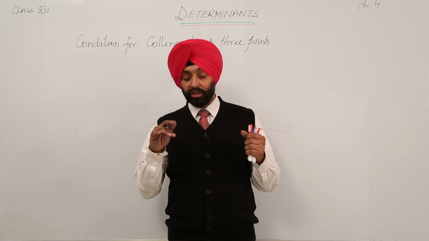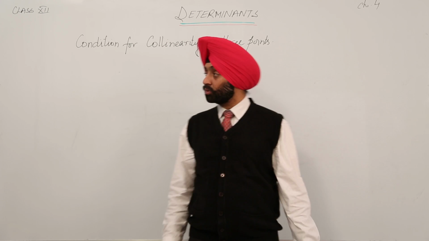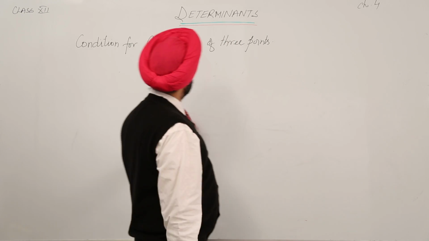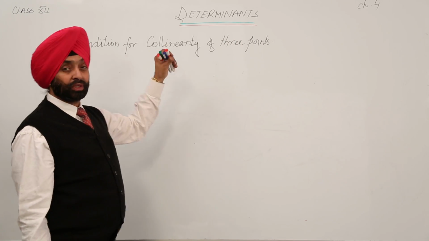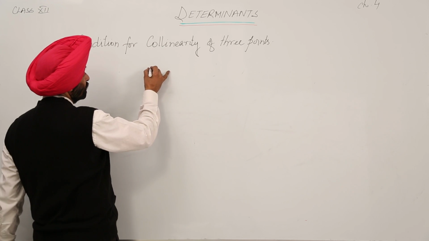Now based on the area of triangle, what other results are we having? Okay, now one thing is the condition for collinearity of 3 points. You are already aware of this. Okay, 3 points, we are having 3 points,